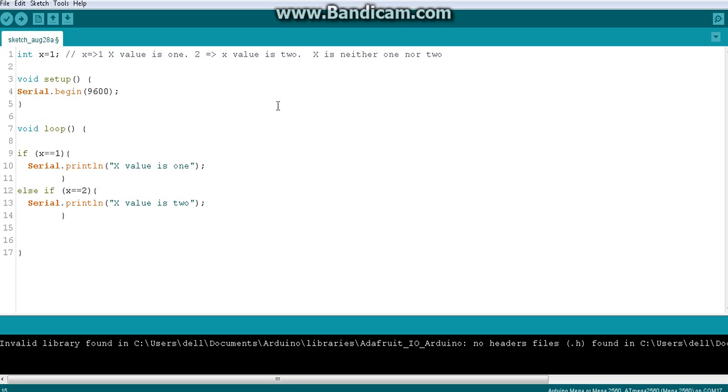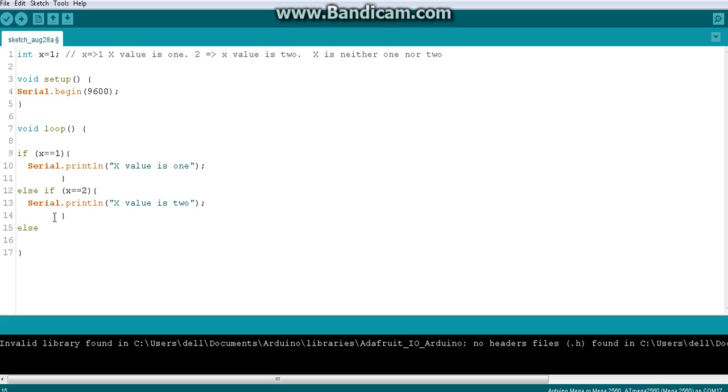Okay, so anyway, if this is also false, I have to do the third thing. What is the third thing? I am going to display x is neither 1 nor 2. That means x is not equal to 1 or 2, because this is also false and this is also false. If such a thing happened, I want to tell x is not equal to 1 or 2. For that, I don't need to have any conditions, because I am not checking any conditions further. If only both these are false, for everything else I am going to display this.